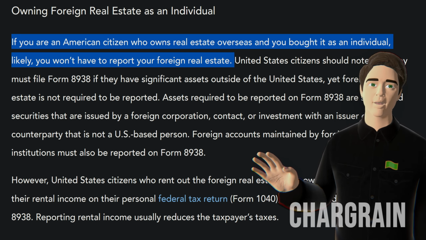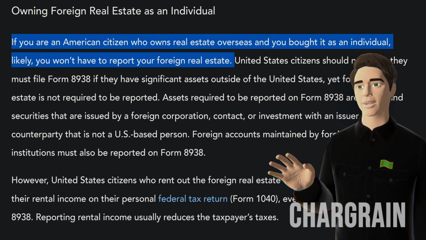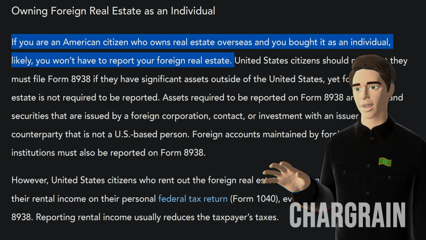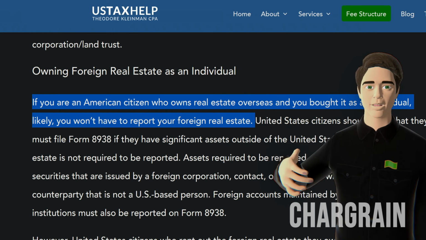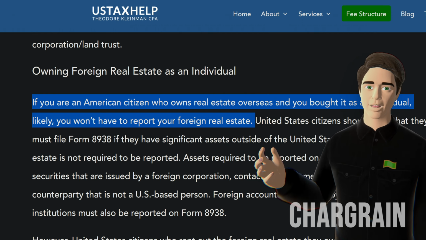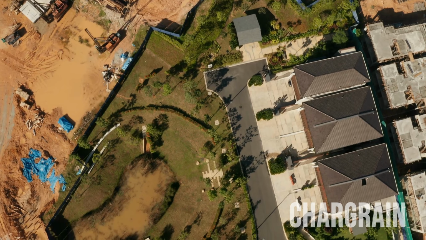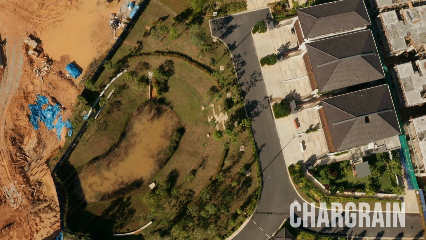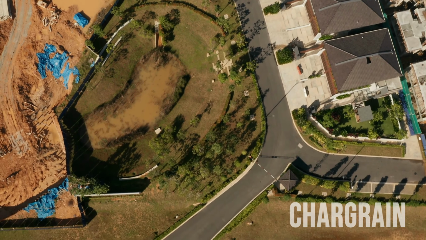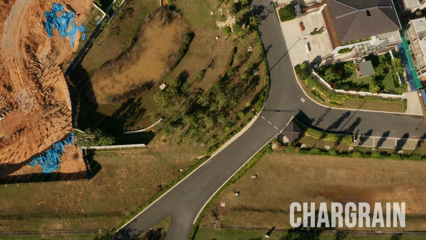Now, of course, everyone's tax situation is incredibly complicated, so please, please, please get the proper tax advice. I'm sourcing this information from a CPA. I'll link this down in the description. You can look into it yourself, but that's definitely an option, right? So there's foreign real estate. And I will say foreign property markets have had insane opportunities in the last few years, and the fact that you don't have to report it definitely is an upside.